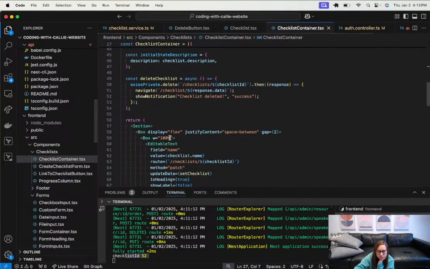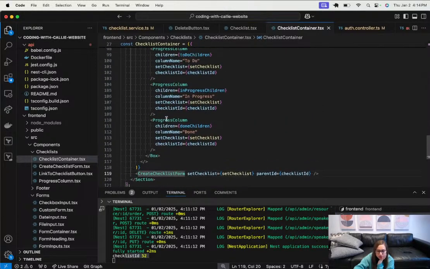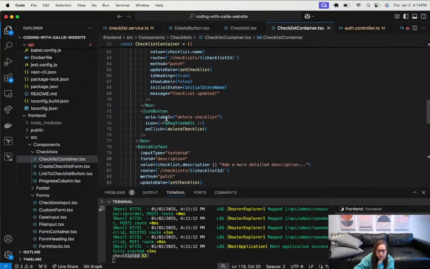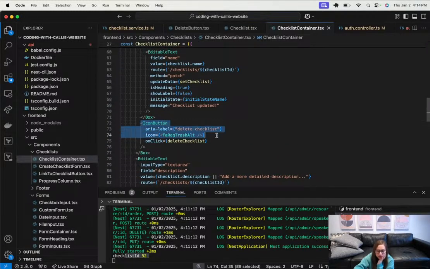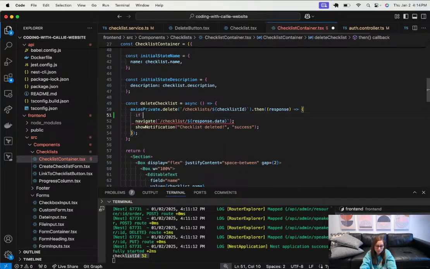container. That's the create checklist form. Editable. Okay, so icon, delete checklist, on click, delete checklist. So let's go to the definition for that and take a look. So we're using our Axios private instance to delete the checklist ID. Then we're navigating to checklist/response.data. So what we want to do is we want to say if